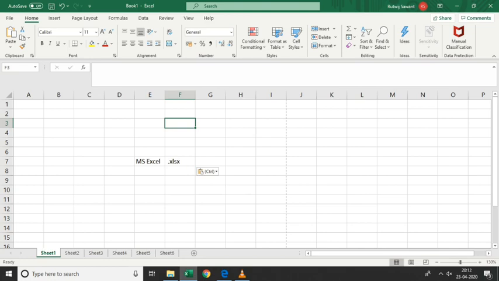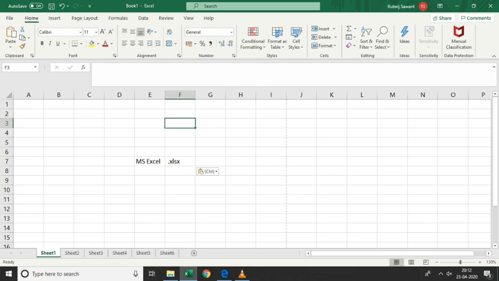So when you save any file, by default it gives some file extension. Not only Word or PowerPoint, all the files which you save have some file extension name. So sometimes with the help of this file extension name, we come to know whether it's your Word file, your PowerPoint presentation, your music file, your video file, or whether it contains any image. Okay.